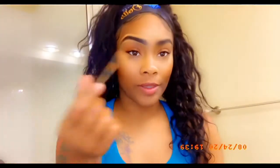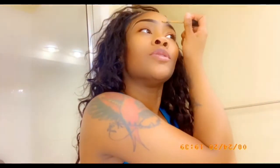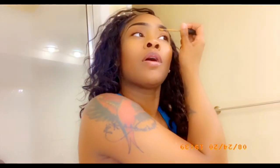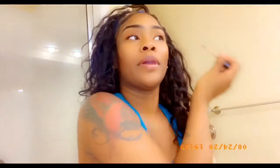I do the top and the bottom the same way with the concealer, as you can see. Did that to that side, and then I'll basically come to my right side and I'll do the same thing. Basically trace the way my eyebrows already are. Bam. As you can see, there they are. Okay, now my next step after I do that, it would be